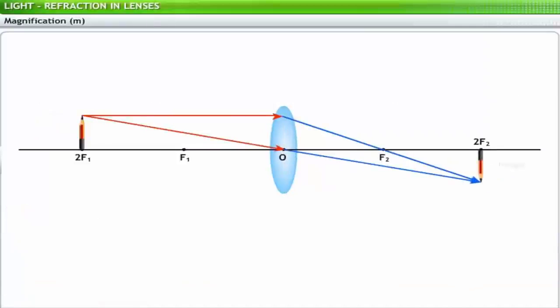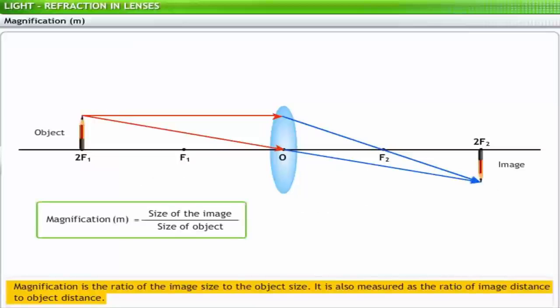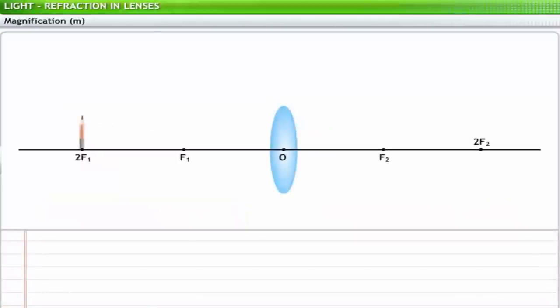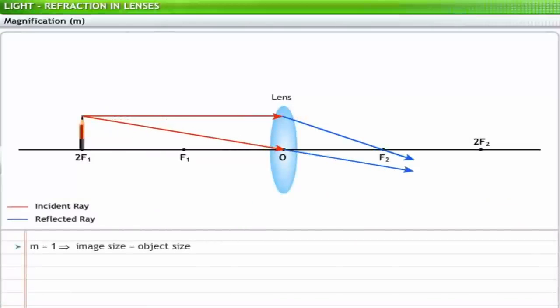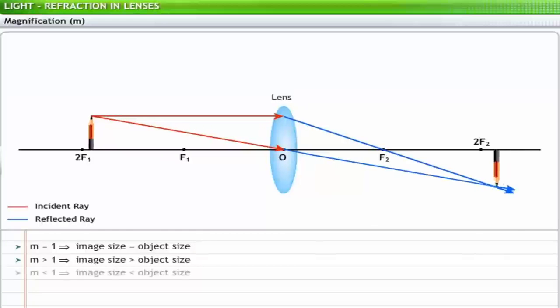You can determine the size of the image of an object if you know the magnification of a lens. Magnification, denoted by small letter m, is the ratio of image size to object size. It is also measured as the ratio of image distance to object distance. Thus, magnification is unity when the size of the image is equal to the size of the object. Magnification is greater than 1 when the size of the image is greater than that of the object. Magnification is less than